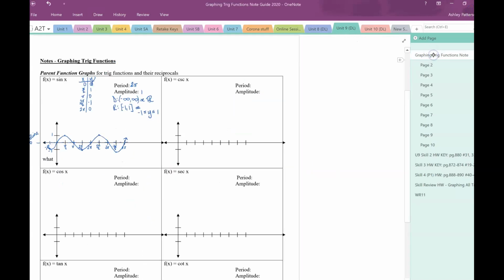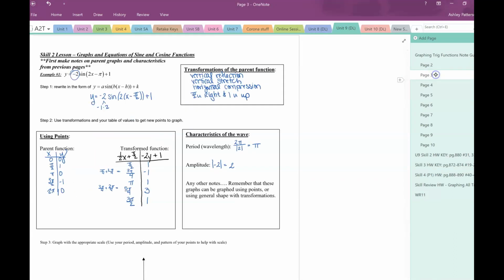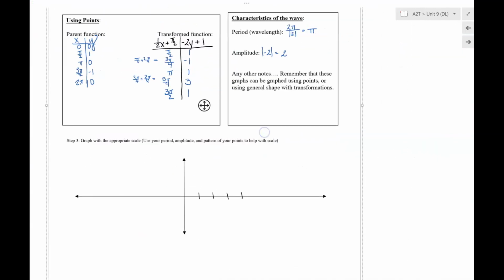If you go back to the original, notice it takes 1, 2, 3, 1, 2, 3, 4 to start repeating again. That's how far out the period goes. So I'm going to use that as my general rule of thumb. I'm going to go out 4 tick marks, and I'm going to label this as pi,